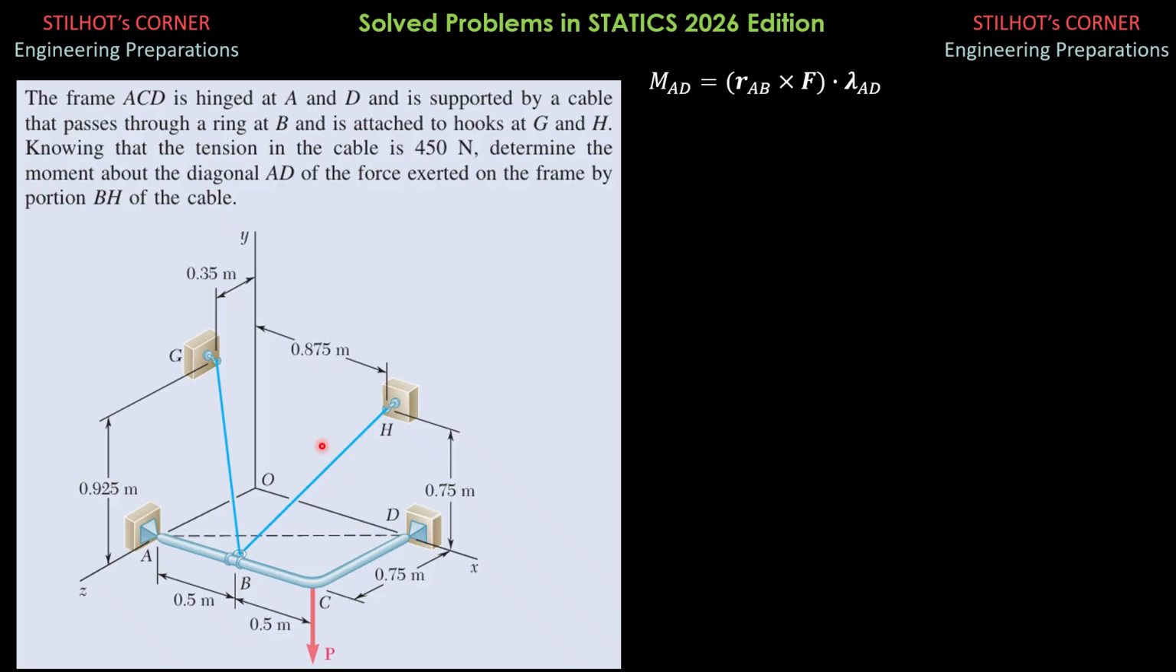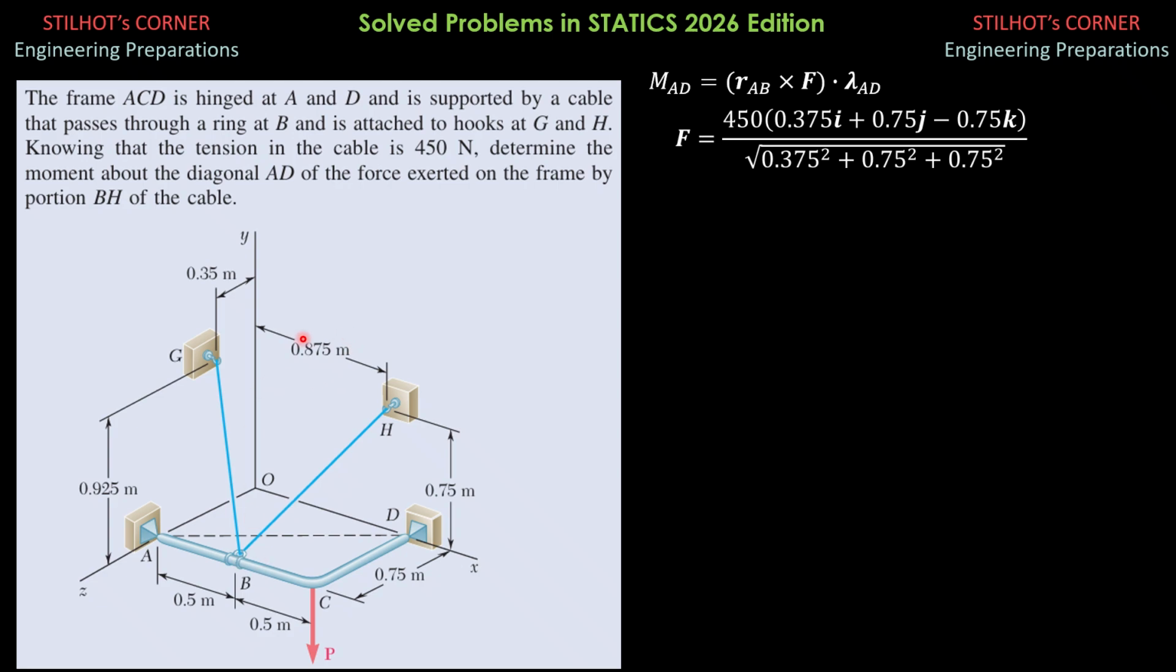So RAB, it is simply 0.5 I. So let's proceed to F. F is magnitude 450 times BH is described by moving to the right by 0.875 minus 0.5, so 0.375I, then plus 0.75J, then minus 0.75K. So F is magnitude of the force, then BH, the unit vector of BH is directed